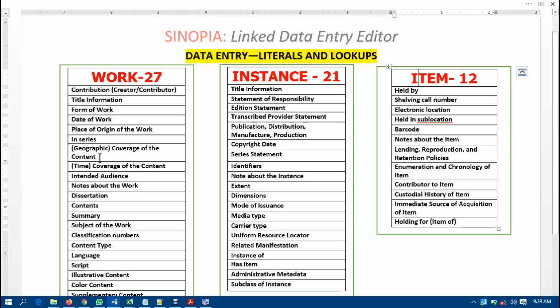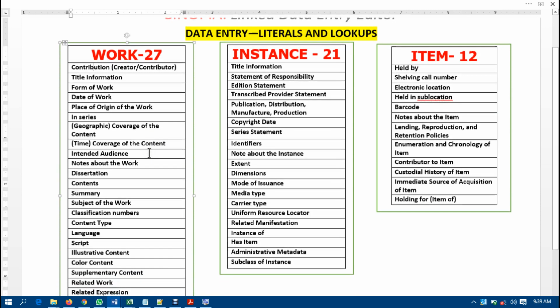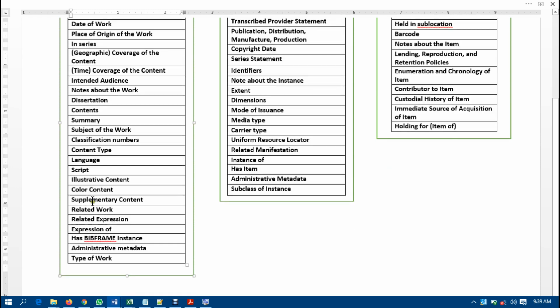If you carefully look at it, you can see that on the work side, I have decided to bring out, over and above other things, about 27 basic information or data entry fields that you are expected to attend to. About 27 of them, from contribution to title of the information to form of work, down to the summary, and to the end you can see has B-frame instance.